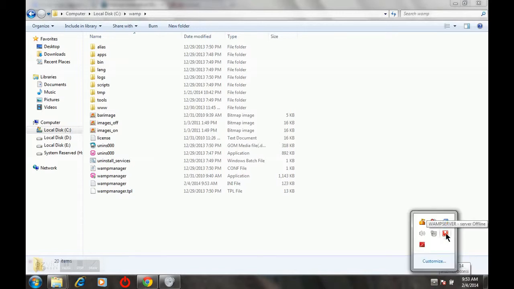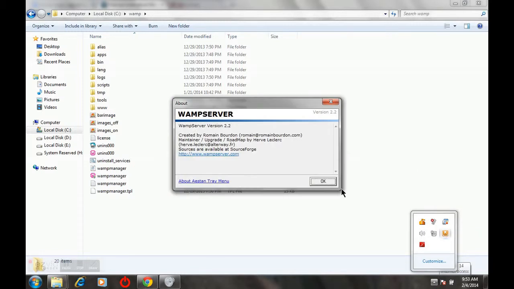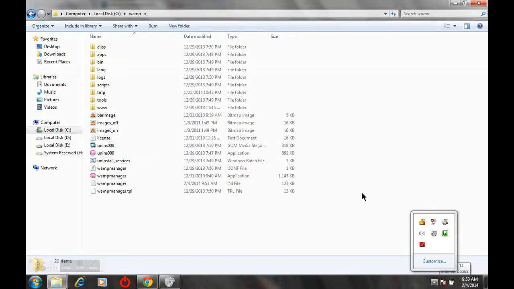Once this red icon turns green, it means that the server has started. You can see that the icon has turned green now.